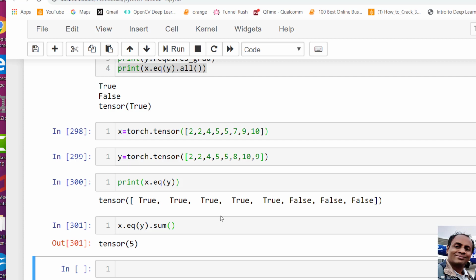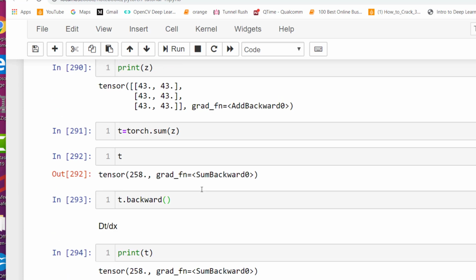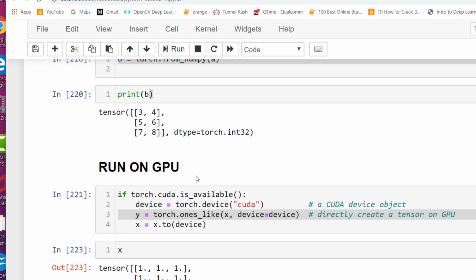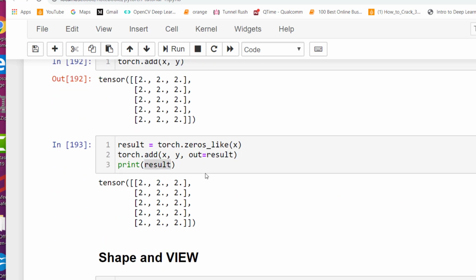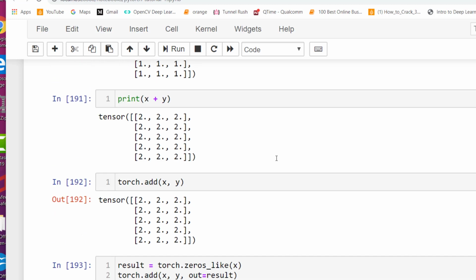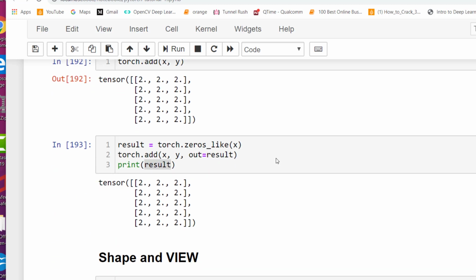Meanwhile, you can try experimenting with PyTorch. You can install Jupyter Notebook if you have not installed it, or use Google Colab and install Torch and start working on the basic tensors. I will share this notebook with you, so you can take the same notebook and do experiments, change the numbers, change the dimensions, and do various things. In the next session, we will dig more into how to calculate the gradients. We will do an exercise on how to calculate the gradients and how to define the first simple neural network.